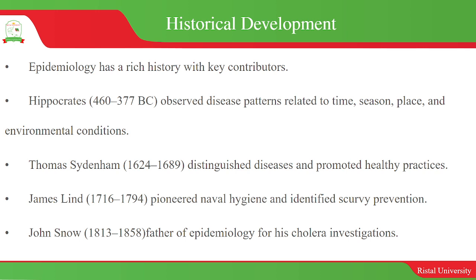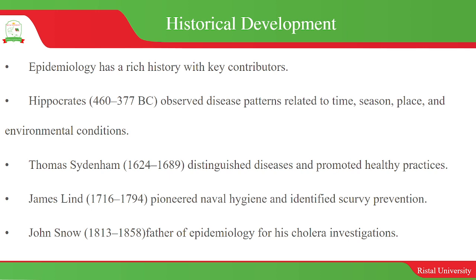Why? Because epidemiology basically relies on studies to reach a given conclusion. So in epidemiology, we look at what exposures are there and how they are linked to a health event, or what we call a health outcome. So he discovered that those who were on the ship were not having foods that had vitamin C, and therefore they developed scurvy. So that is basically regarded as one of the first trials.